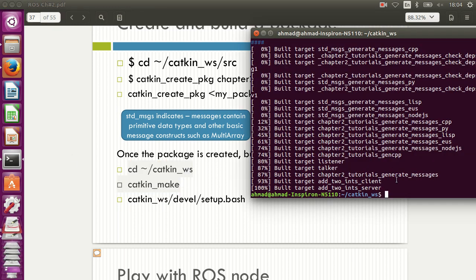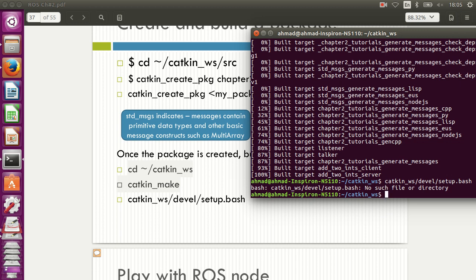Okay, and then okay, now we also need to bash